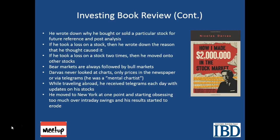Okay, Darvas, when his trading started to improve dramatically, would write down why he bought or sold a particular stock. And he did that so he had it for future reference. Because when you look back 6 months later or a year later, sometimes it's hard to tell why did I buy this stock and then why did I sell it where I sold it? So for post-analysis, it's good to keep a journal, or you could print out the charts and mark them up. But this seems to be another trait of